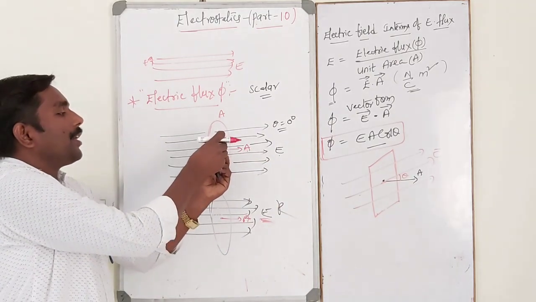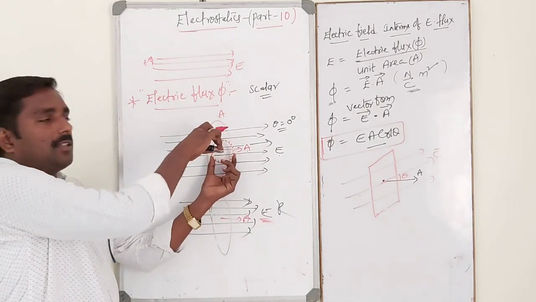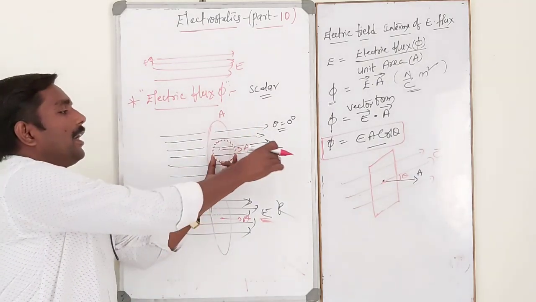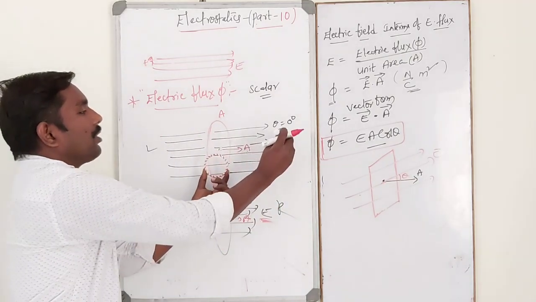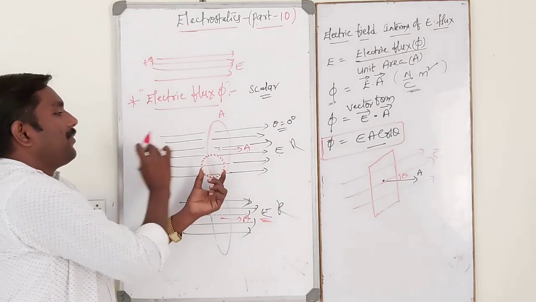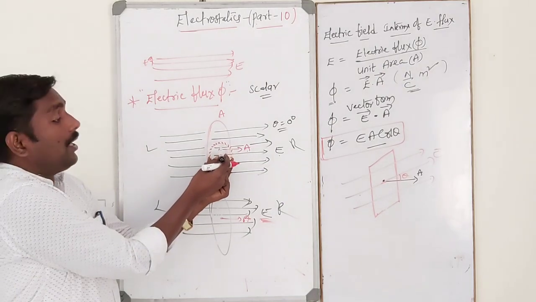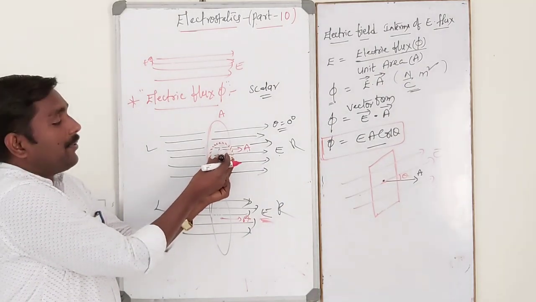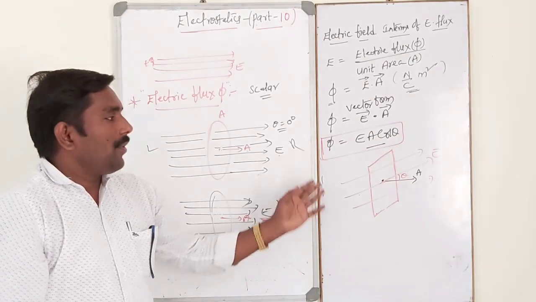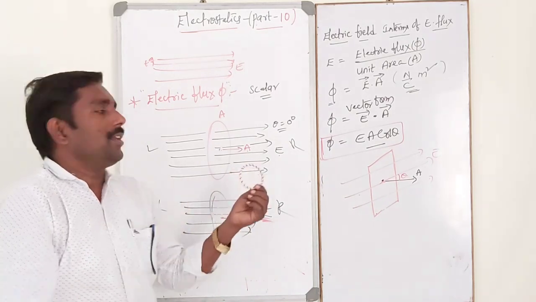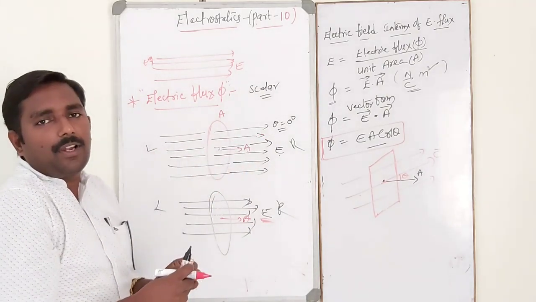See, suppose the bangle is rotated like this. In this case, area direction is like this, and no field line passes through it. Electric field lines are always constant, passing from left side to right side. This is the position of the bangle, so area direction is towards the observer. What is the angle between the direction of area and electric field? 90 degrees. Cos 90 is how much? 0, because no field line passes through it. In this position, no field line passes, whereas in the other position, all field lines pass.